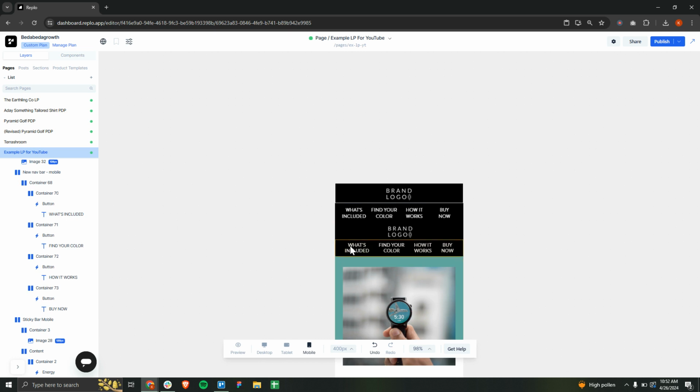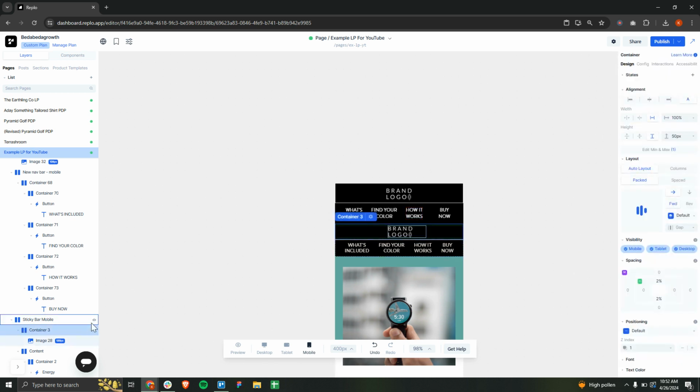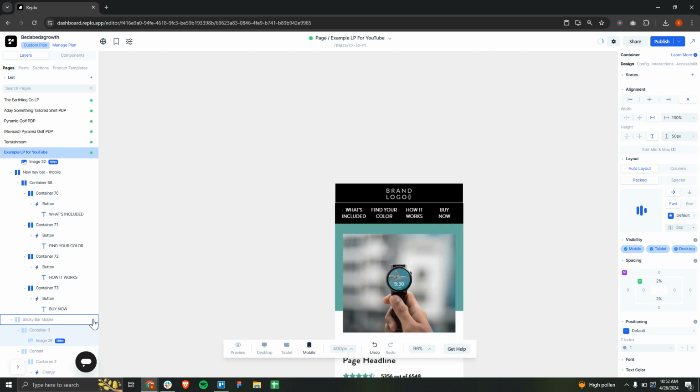Okay, and then you can play with the line spacing of the text, anything else to adjust alignment here. But what we do have now, I'll go ahead and hide our completed one, is a navigation bar that should be